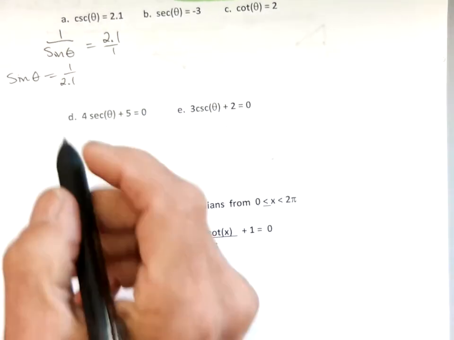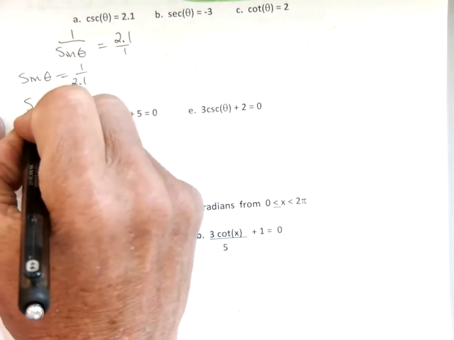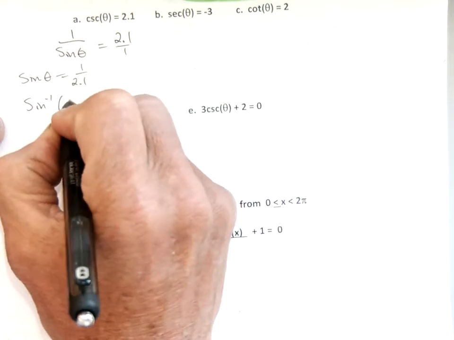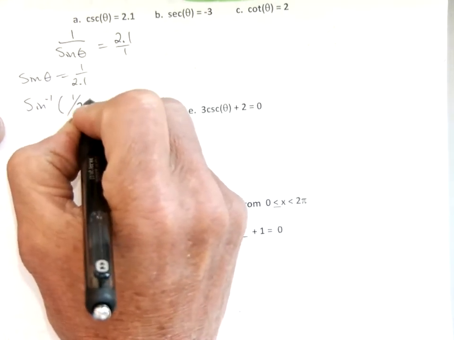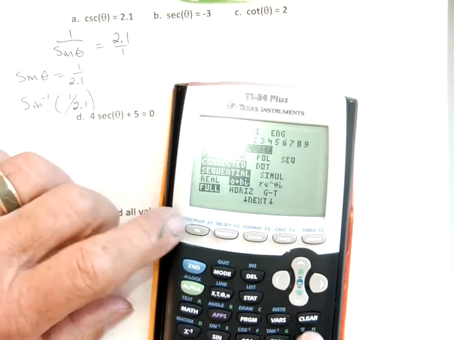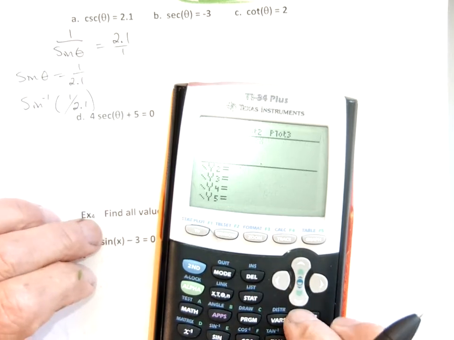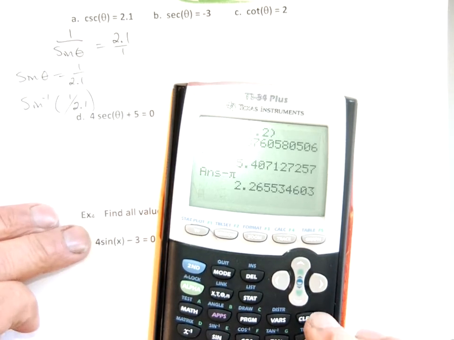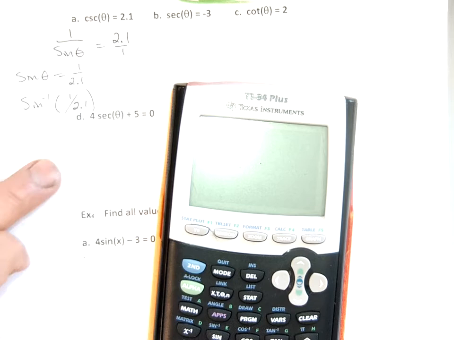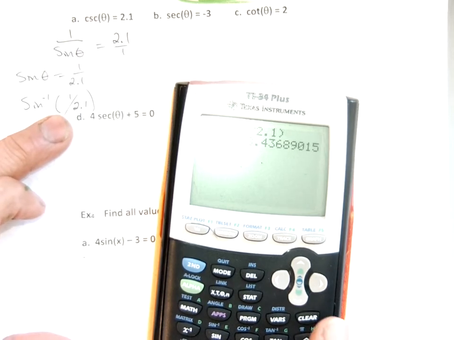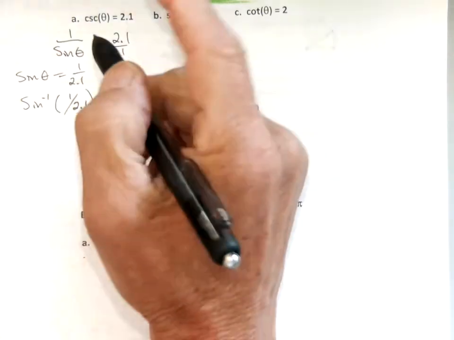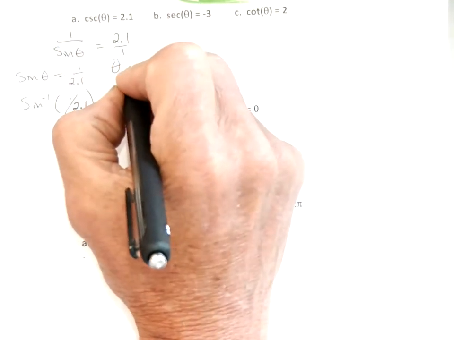And if I need the angle, I'm looking for the angle, so I'm going to go sine inverse of 1 over 2.1. Let's see here. Clear. Sine inverse of 1 divided by 2.1. I get about a 28.4 degree angle. Okay, so theta is